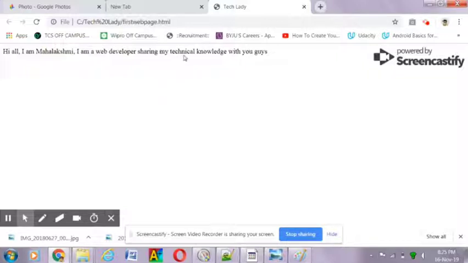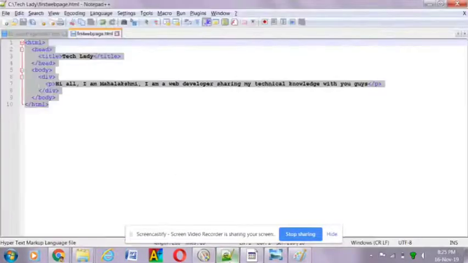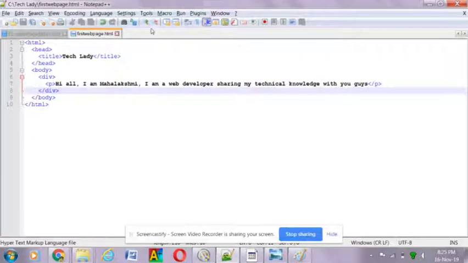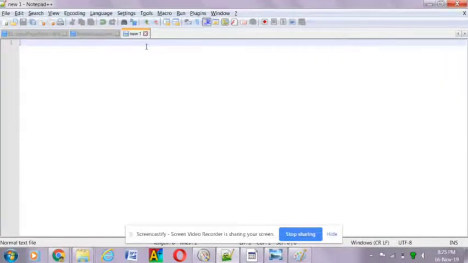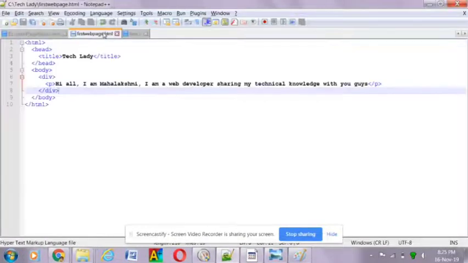So if you want to style our paragraph or any text, or if you want to add images, we can create another file, which is to style your web page. So let me add a background for my web page. In order to add a background,